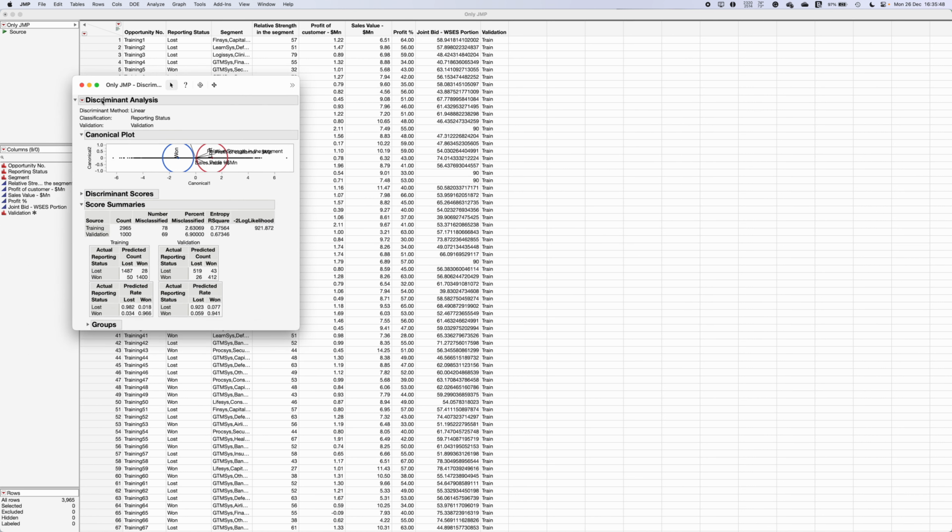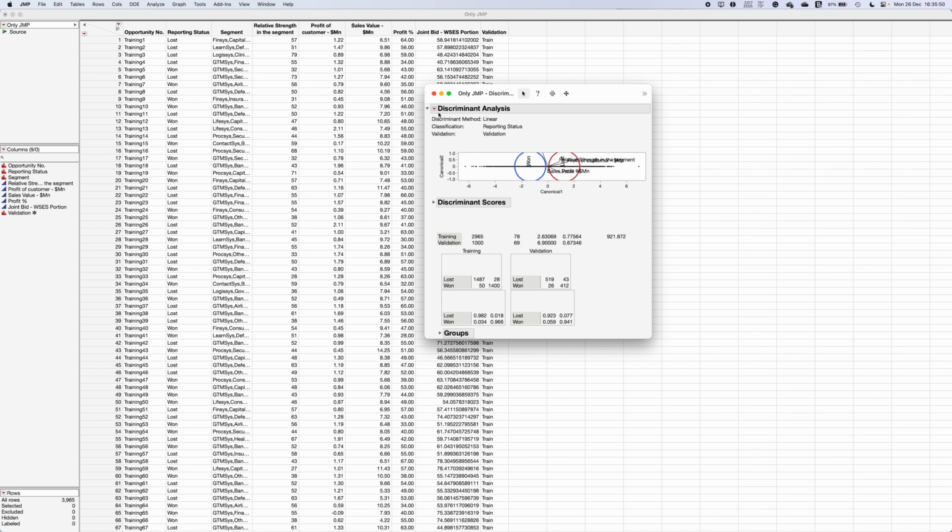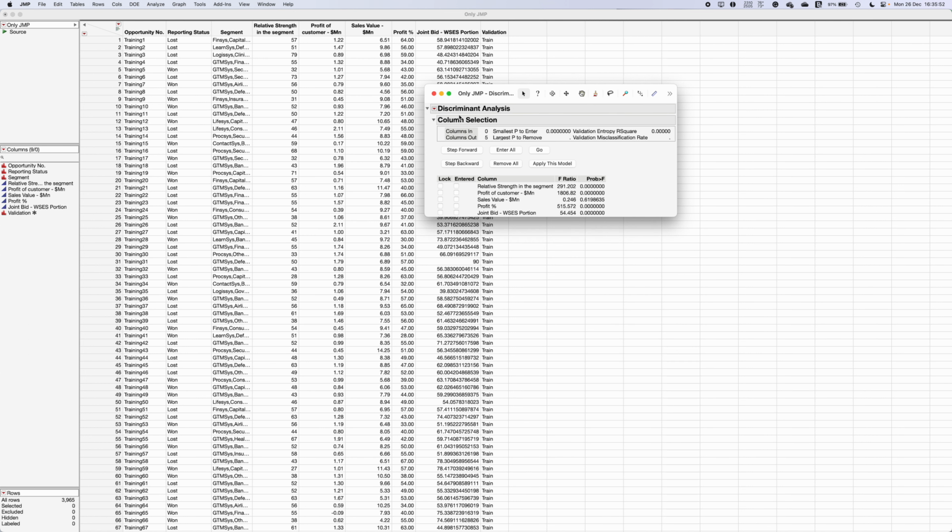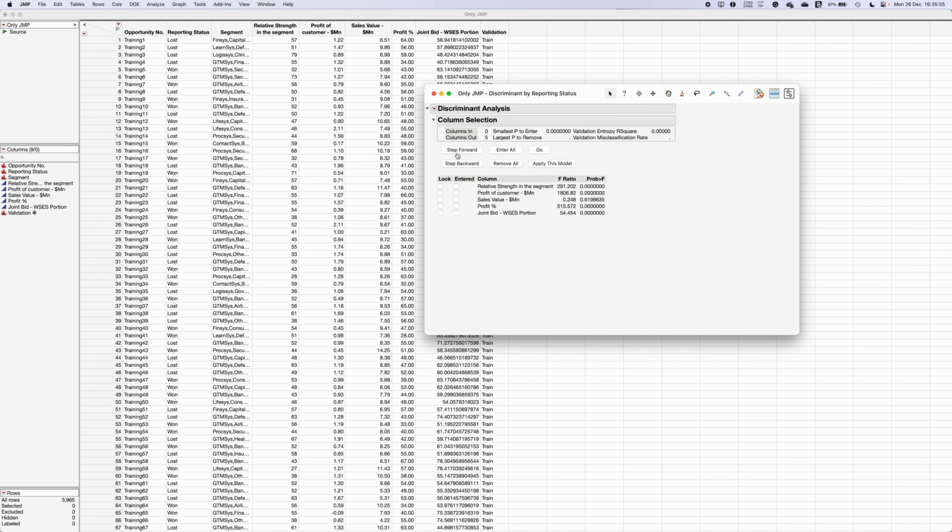Click OK, and let's say I want to do stepwise variable selection, step forward, forward, forward. If I add a new variable, obviously it's not required because the p-value is less than 0.05. If you want to perform step backward, you can also do that, but it's not required because all the p-values are